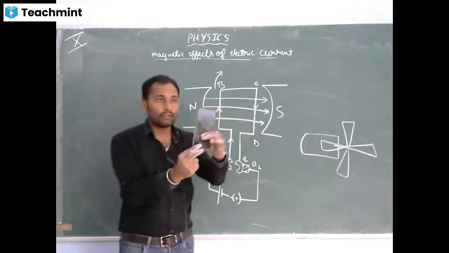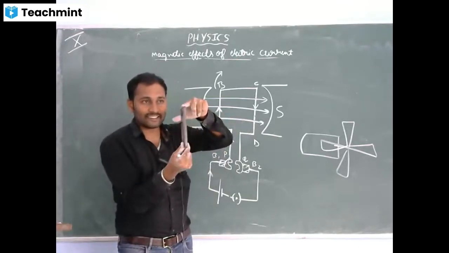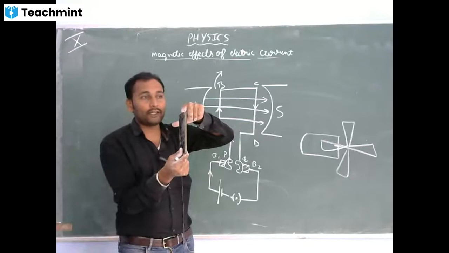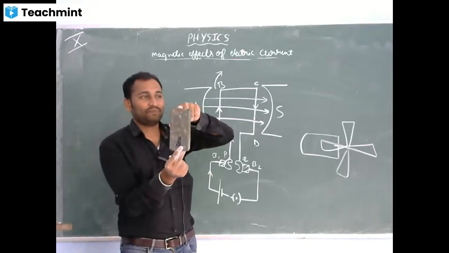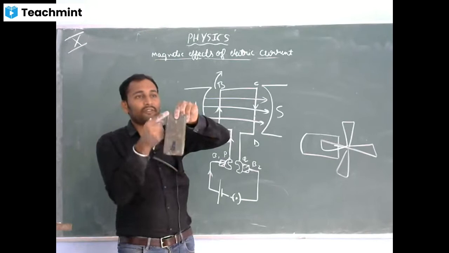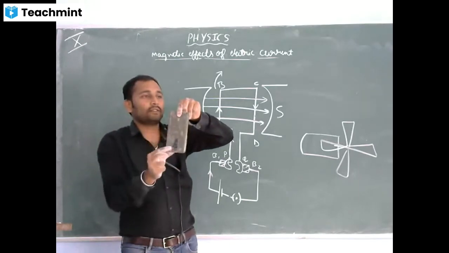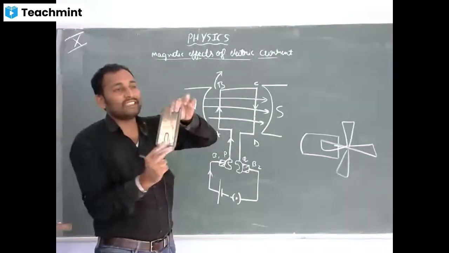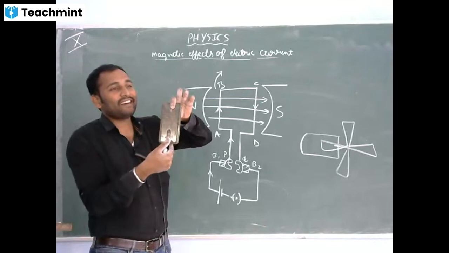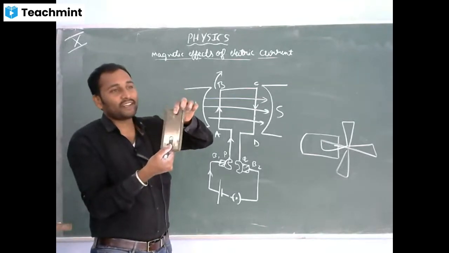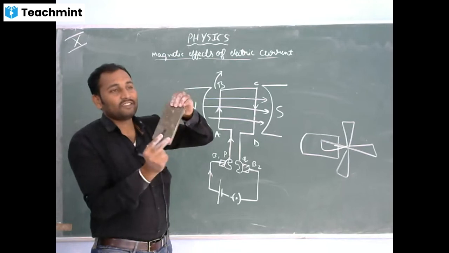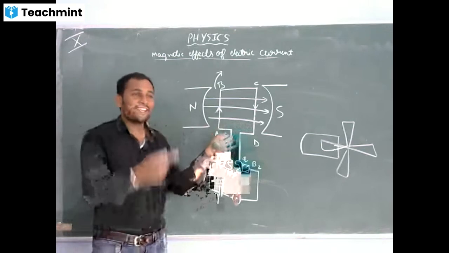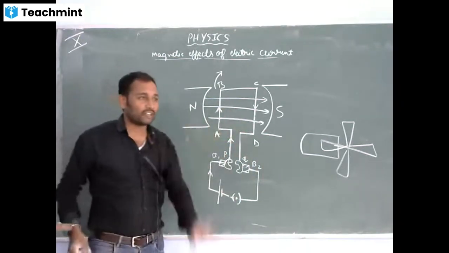See, when I allow the current to pass through this, what happens? It is rotating like this. Will it stop here only? As it is cutting the magnetic field, due to the motion, it will make another rotation. Now, current started flowing from which direction? Earlier this was A, this was B, this was C, this was D. Now after rotation, it is D, C, B, A. How will current flow now? Same direction, so again it will rotate. So current will continuously flow, and the motor will continuously run. So this is how a motor works.